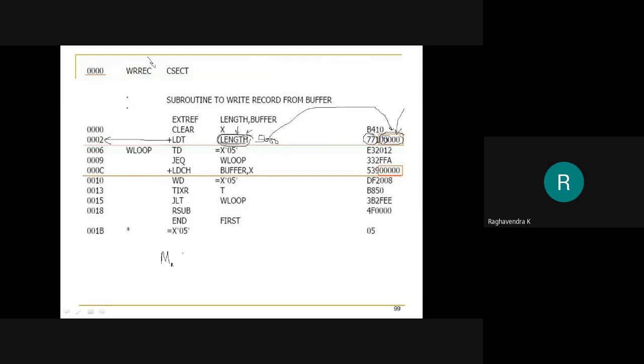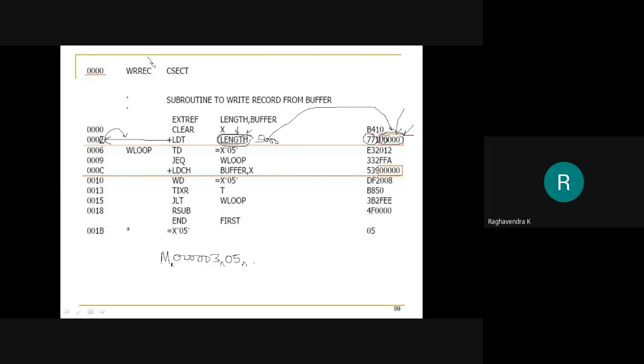Okay, so what is the starting address? 000003. The starting address is 000003. Why is it 003? Because the instruction is at 2, and I'll skip one byte. The opcode part does not change, so now it is 0003. Next I have to specify the length in half bytes. Of course this is an instruction, correct? It is an extended format instruction, so the address field is 5 half bytes because it is 20 bits. So 5 half bytes.